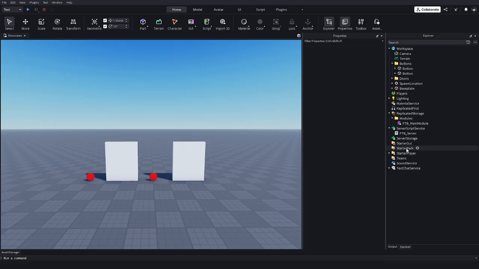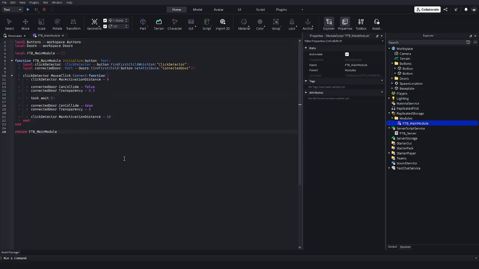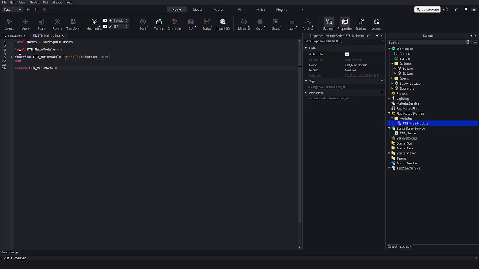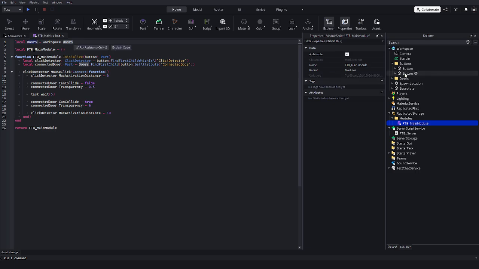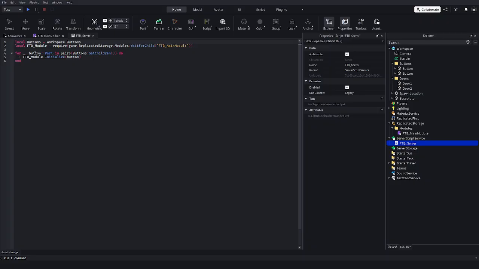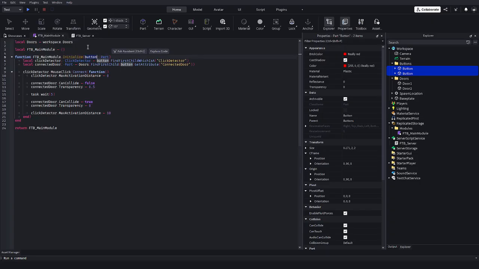So let's go to the main module function here. It's a bit bigger, but we actually don't even need this button thing here. Get rid of that. Very simple. Pretty much one function. And then we have a doors reference up here for the doors folder. Pretty much all it does, you have an attribute called button, which is the button right here. It's all these buttons right here. Each one gets their own function, so just imagine this function inside of all the buttons that will be in